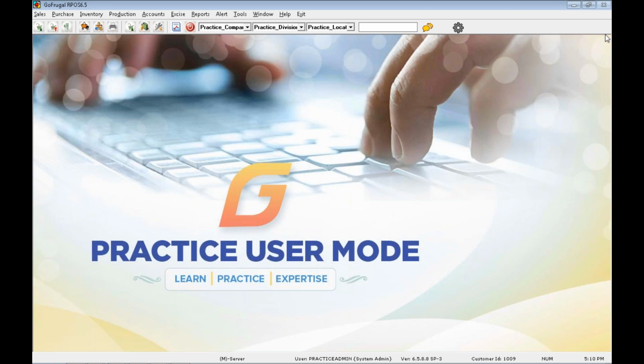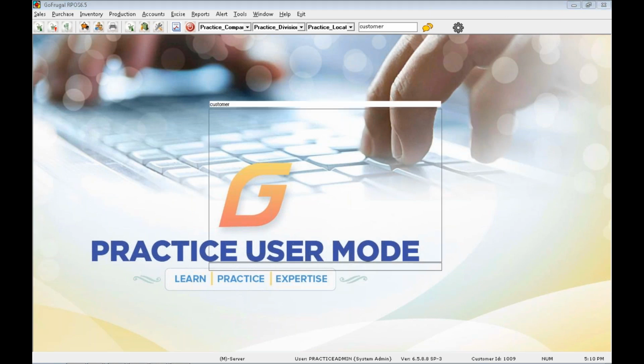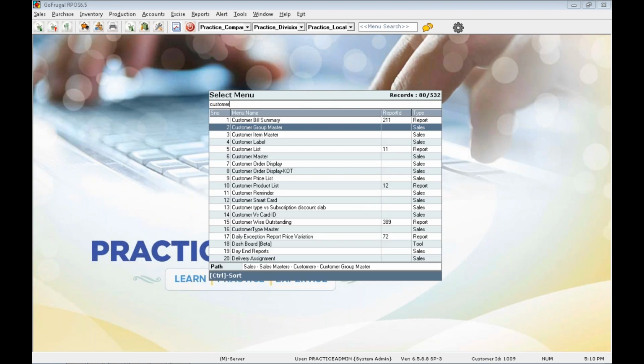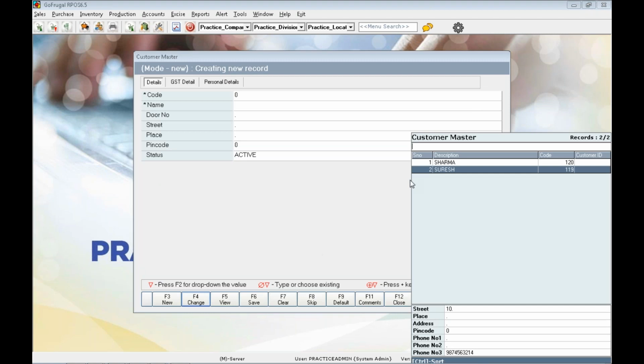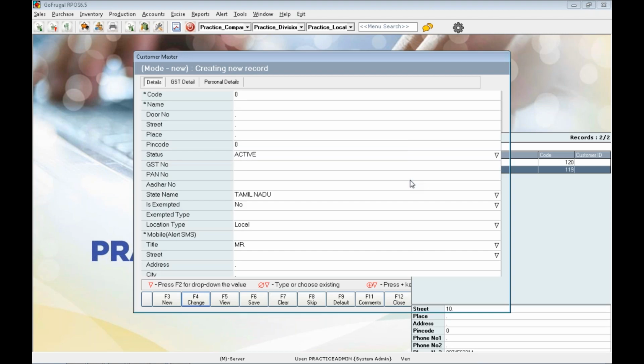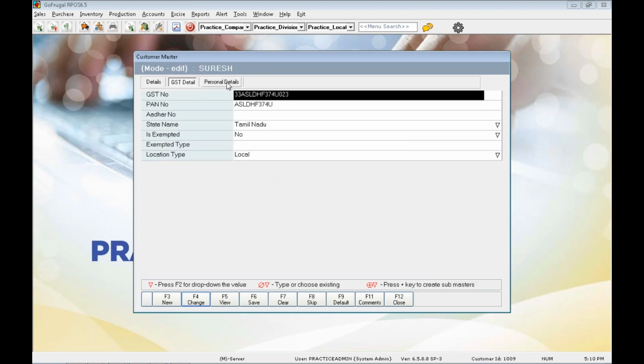Before doing a sales entry, just check whether the customer is mapped to local or interstate in the customer master. In the customer master, I am loading a customer called Suresh. Under GST details, the customer Suresh is a local customer, and for this customer the GST will be split into SGST and CGST. Let us do a sample sale.